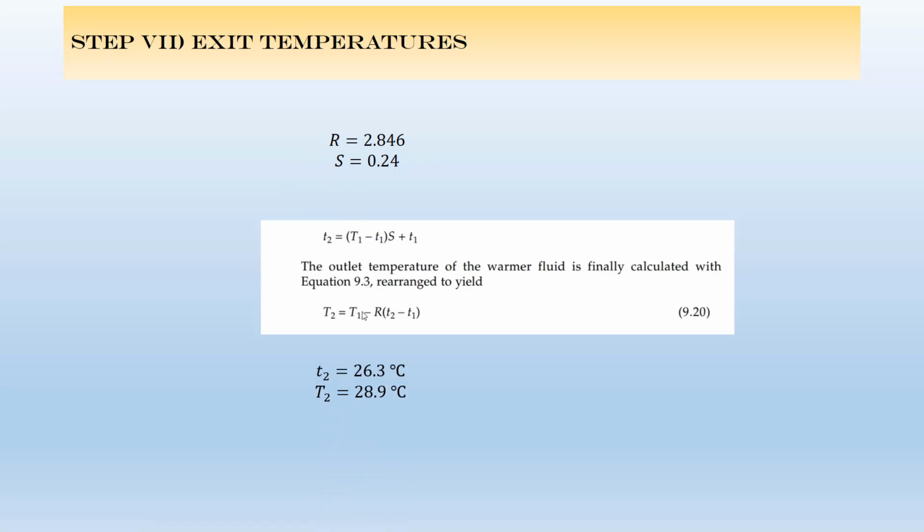So the exit temperature is 26.3 for the cold fluid, and for the hot fluid is 28.9. Now, what you need to do is just calculate the new average temperature, and then compare this new average temperature with the initial value that you used to find the thermophysical properties. So if you calculate the new average temperature for both hot and cold fluid, you will see that the difference